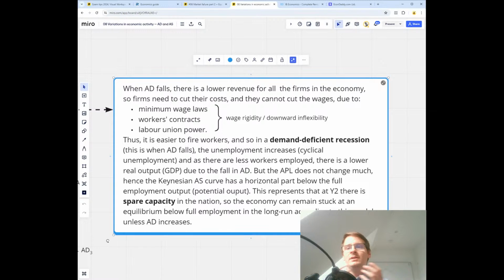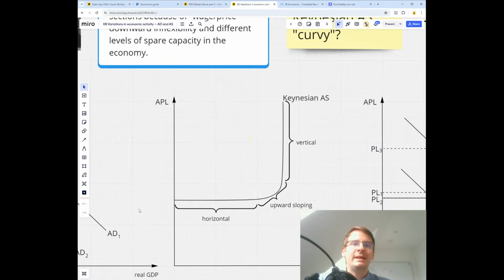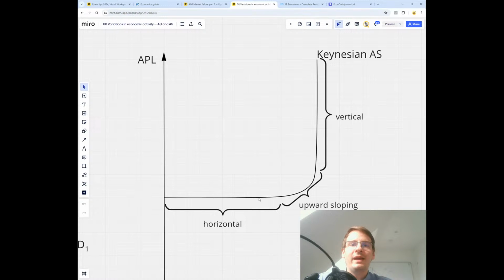If you have sent away half of your workers, but you're also producing just half as much as before, then the output that you produce still costs you the same per unit, because those who you haven't laid off are still working for you at the same wage as they used to before. Right. Therefore, there's going to be a horizontal section, and that's what I'm showing here in the Keynesian diagram,